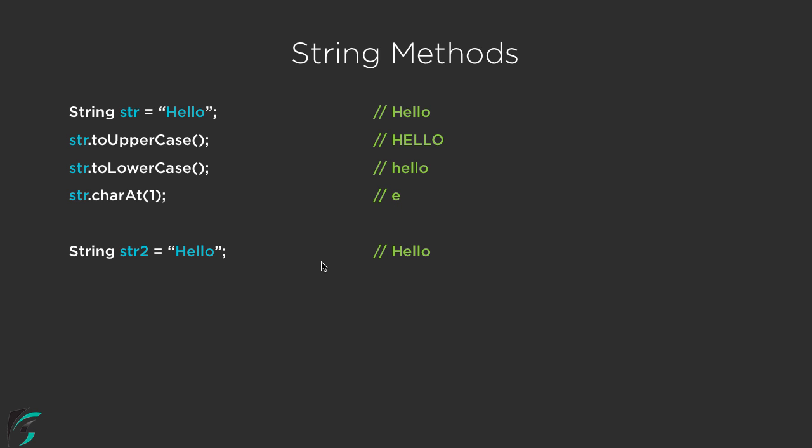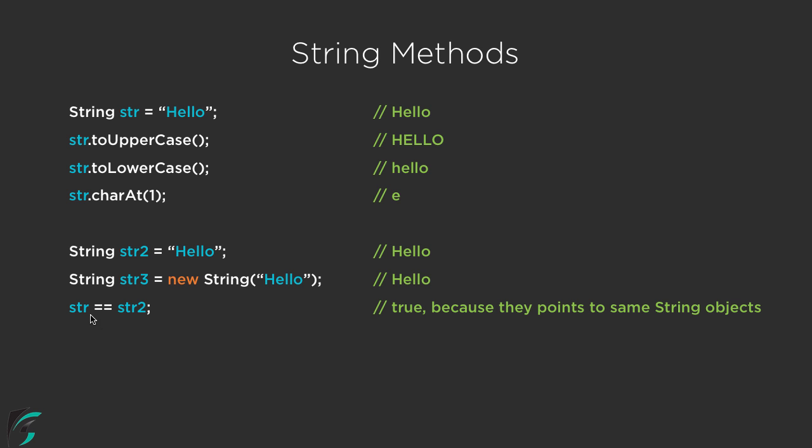And now let us create one more string, str2 equal to "hello". Please notice that here hello and hello are the same, so this str2 and this str are simply going to point to the same object that has the value hello, right? Now let us execute this statement, str3 equal to new String("hello"). This time this hello will be created as a separate object inside the heap memory, and this will be a different object compared to this hello and this hello. Fine. In the previous slide we already saw this.